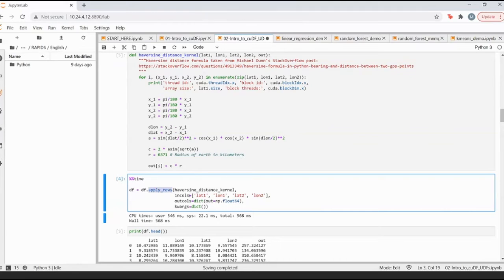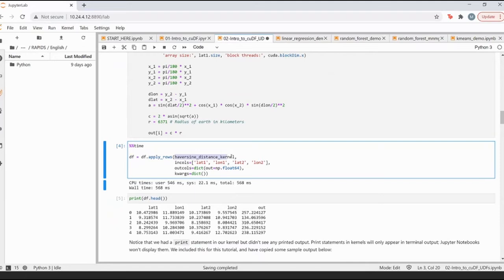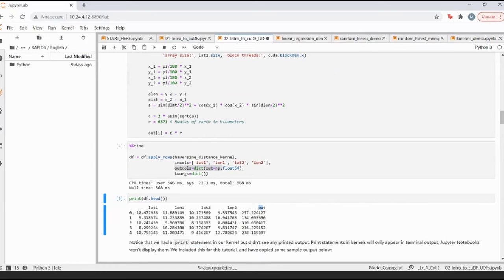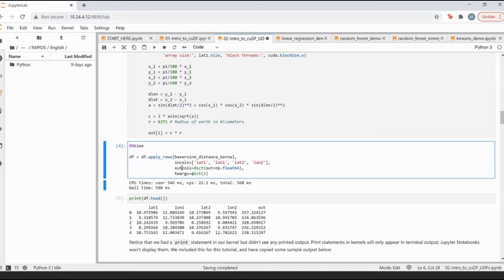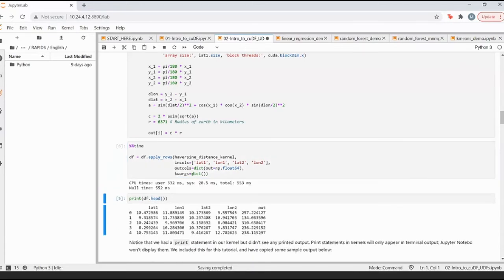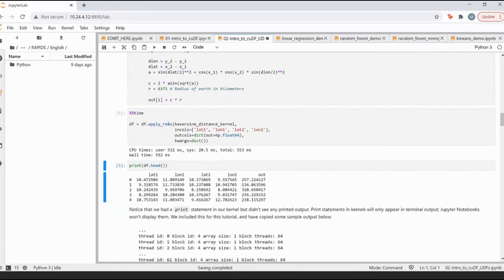So here, as you can see, I've put in the name of the function. I've given the input column names as well, and I've also given the output columns. In the output column, I've just mentioned a dictionary in which I have given the data type as np.float32, float64, sorry, right? So this is going to be a column called out, which is going to get generated for each of these row values, right? And these are just some additional parameters that I've not mentioned here, but we'll see that in more detail. So as you can see, I've applied apply_rows on top of this particular array.